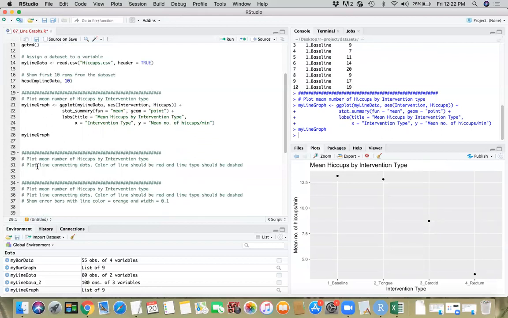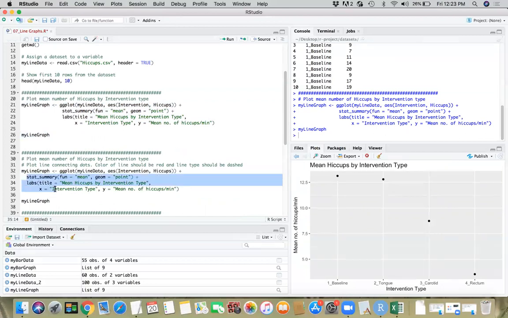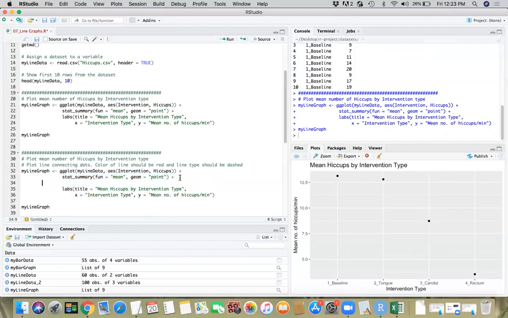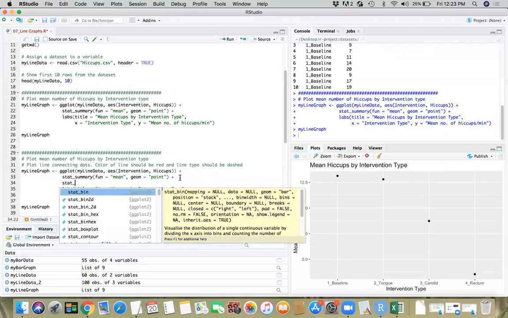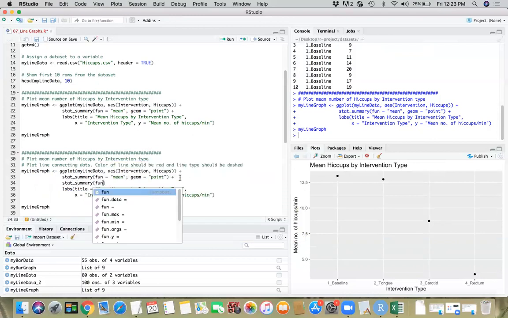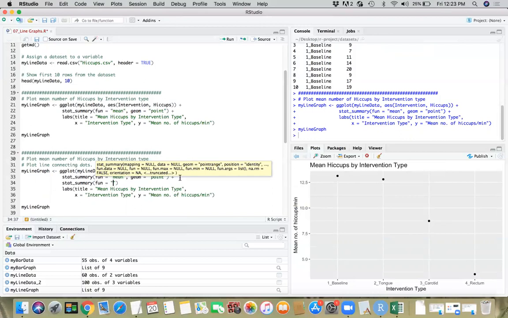What I want to do is connect these dots by a line, and I want to set the color of the line to be red and the line type should be dashed. So I will copy this one. All we will be doing here is adding one more layer on top of existing layers. So let's add another layer here called stat_summary. We again will be using mean. Okay, and then we have to use geom equals line, and this is where the distinction is,